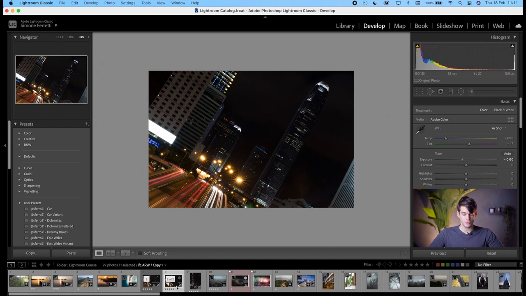Whenever you're in a photo, you can right click on that photo and create a virtual copy. This is useful because you can edit the same photo in two different ways and save both copies. So in this case, you have a virtual copy where I can put everything in yellow, but then the other one is not affected even though it's a virtual copy. And this one I can put all in blue, so I can pick the one that I prefer the most